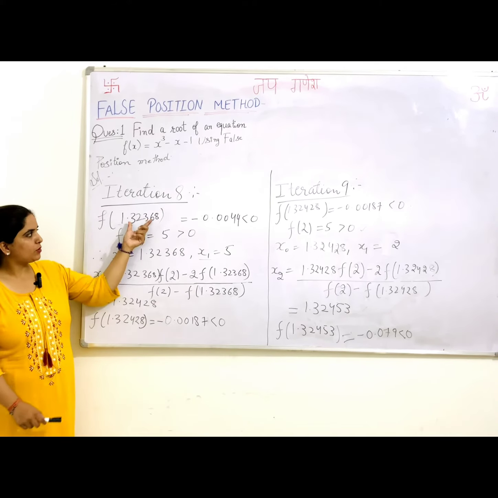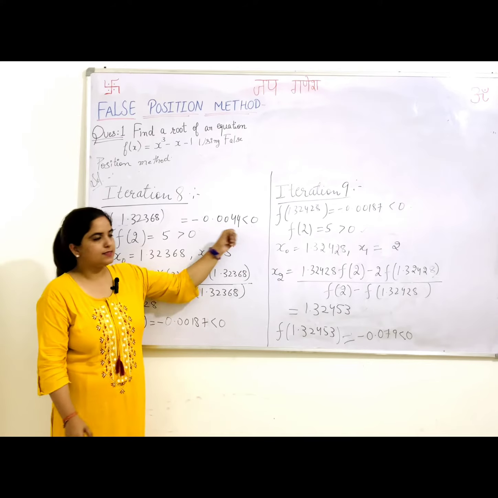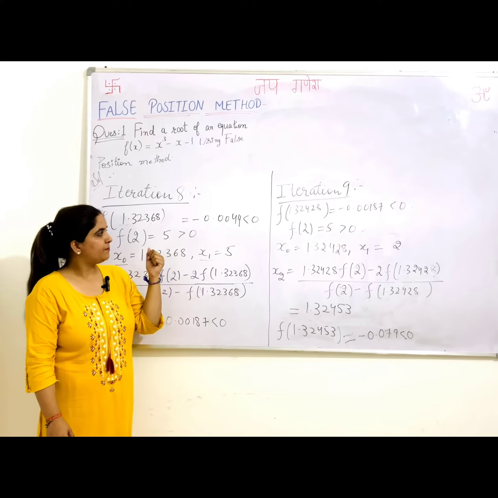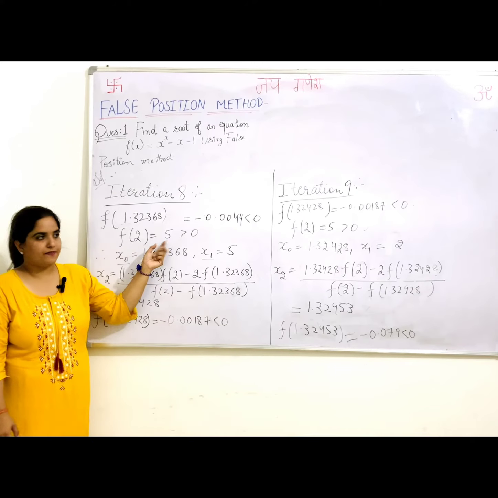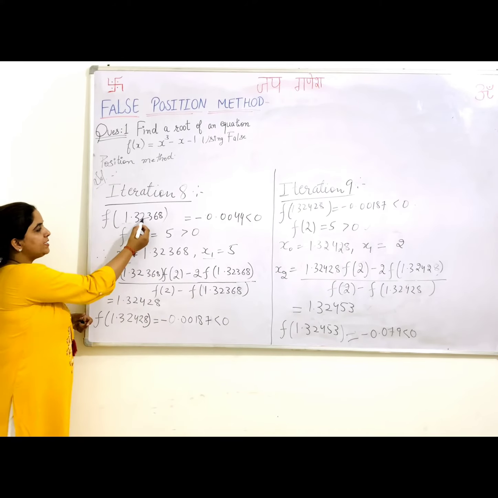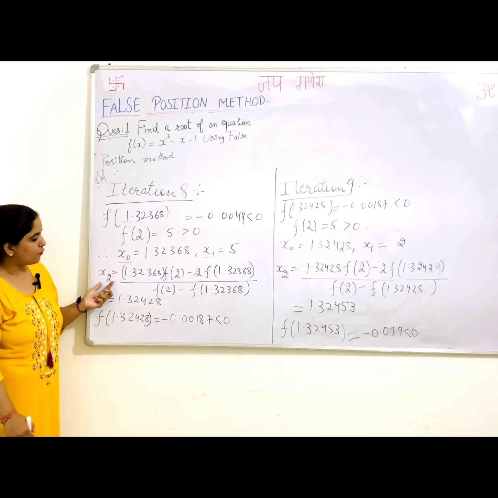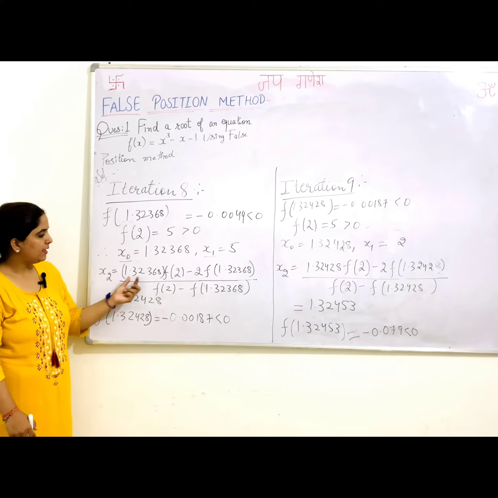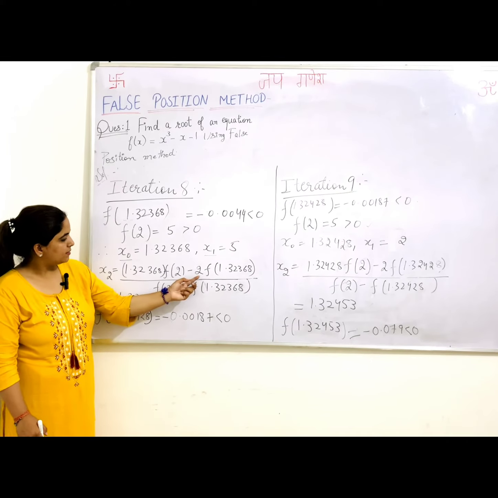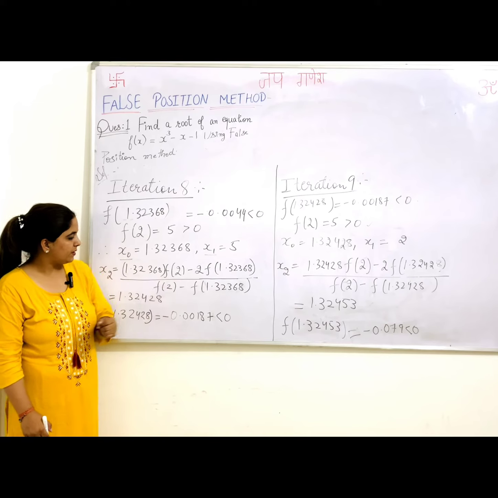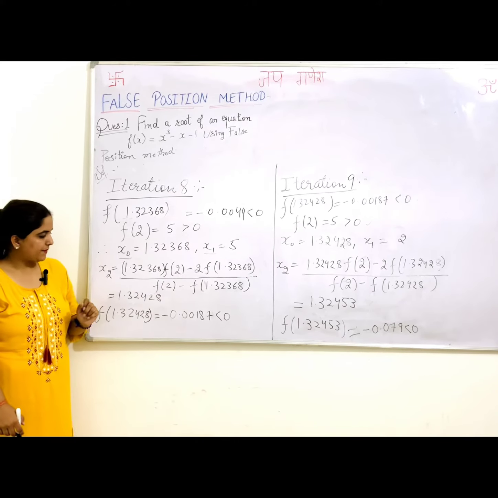Putting 1.32368 in the function, the value we get is minus 0.0044, which is less than 0. It is a negative value. As you can see, it will be compared with the positive 5. So these two values will be considered to substitute in the formula of false position method. First value, second value, then second value, and then putting first value in the function. By using the false position method formula, answer will be